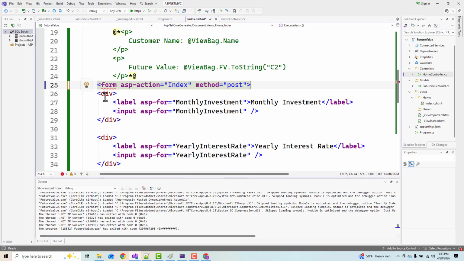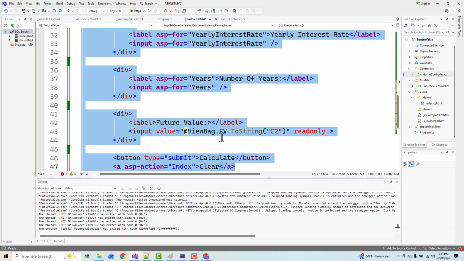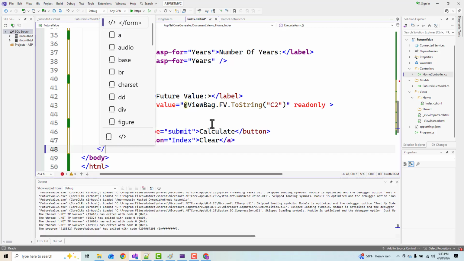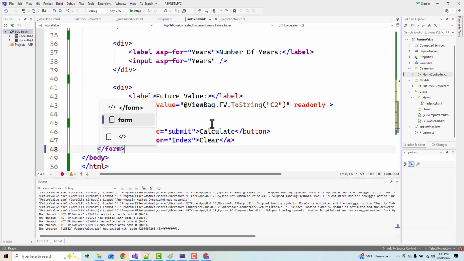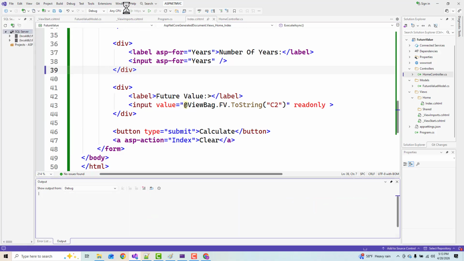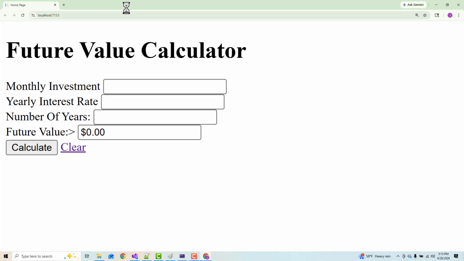Now we have to move. That's okay. We're going to get rid of that error in just a second. Tab all these over. And now let's end our form tag. There we go. See if that cleaned this up a little bit. Still doesn't look right, but